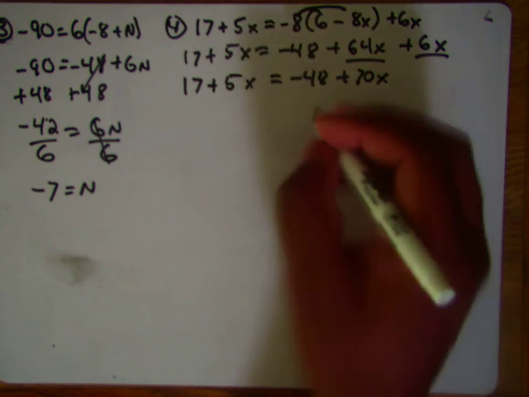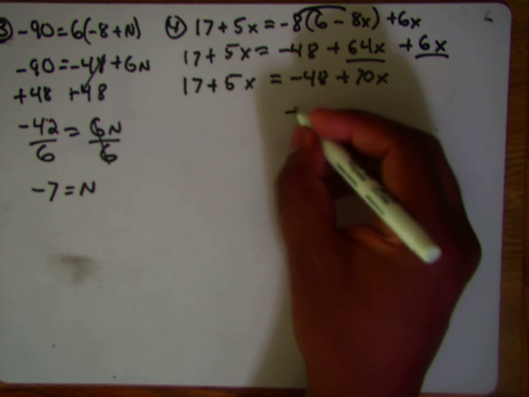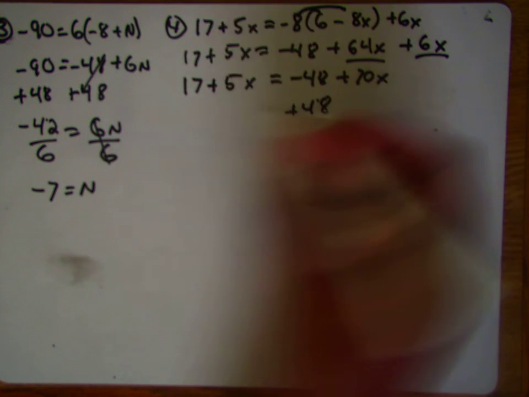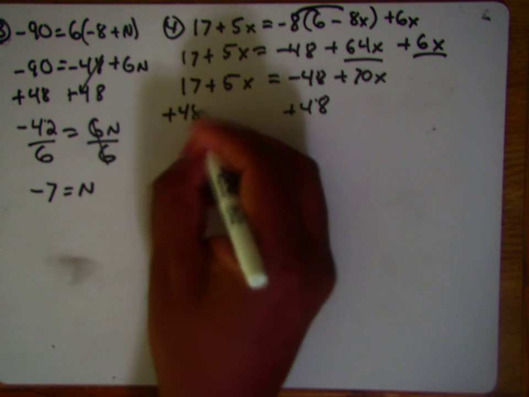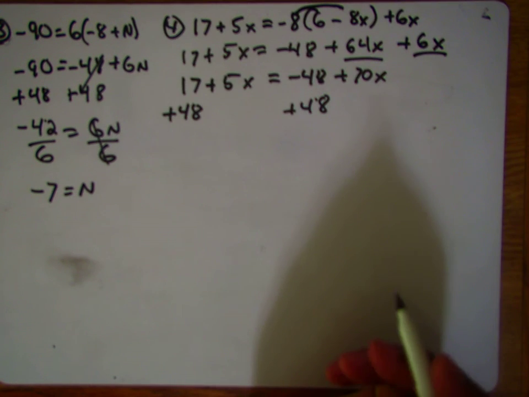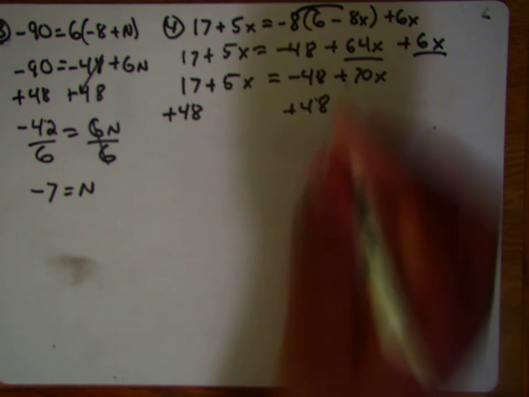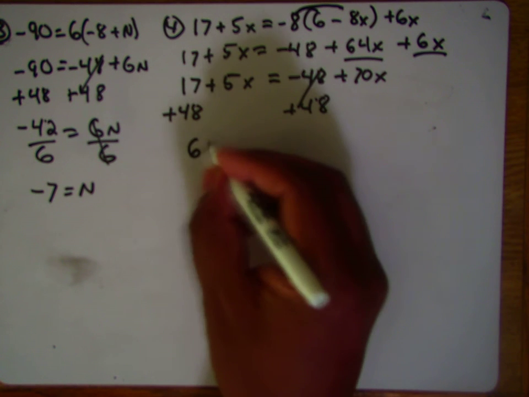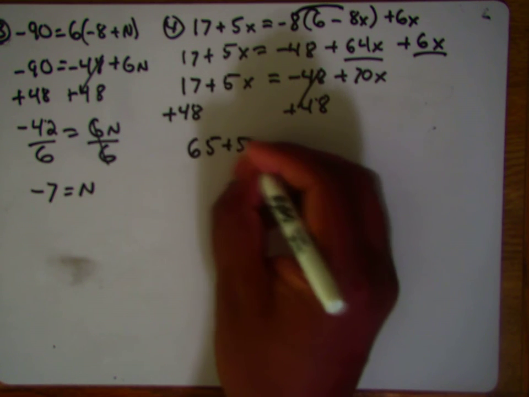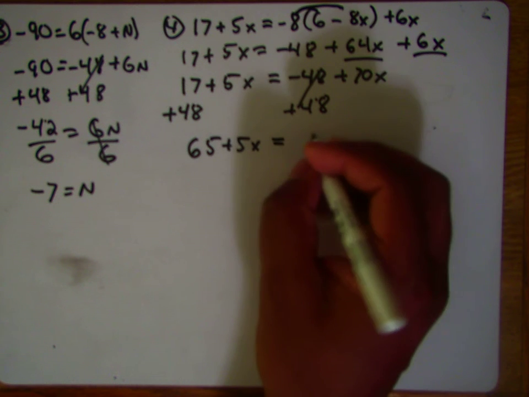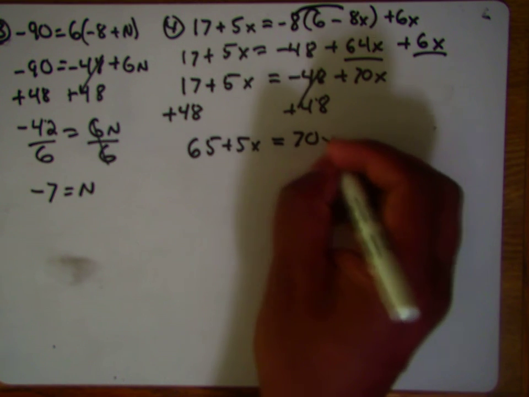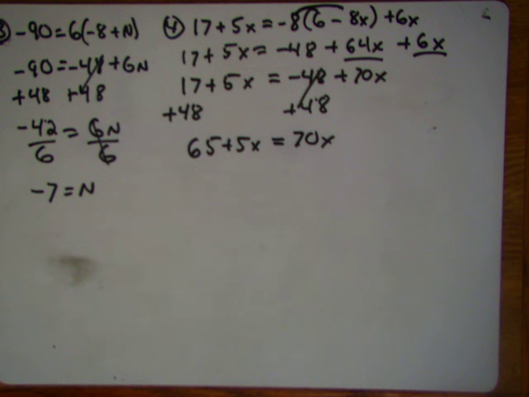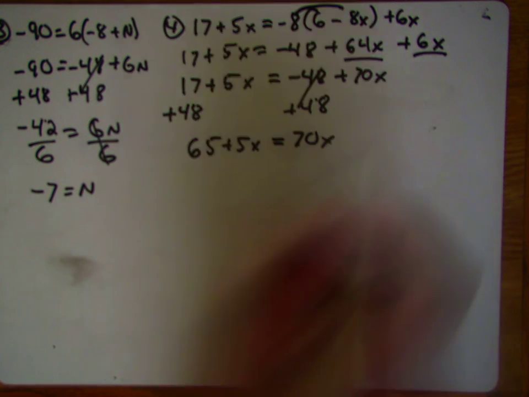But I'm going to go ahead and start on the right with this negative 48 and add 48 on both sides. And make sure I add it with the like term. Okay, here this will cancel out. This will be 65 plus 5x is equal to 70x. Okay, now since I started over here with the 48,